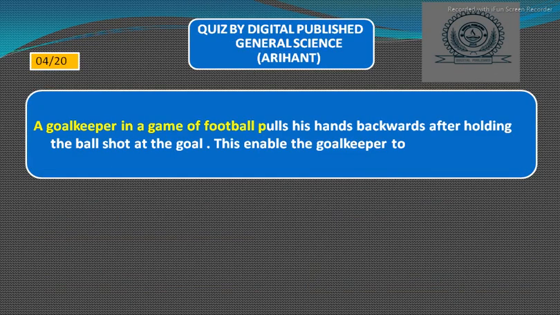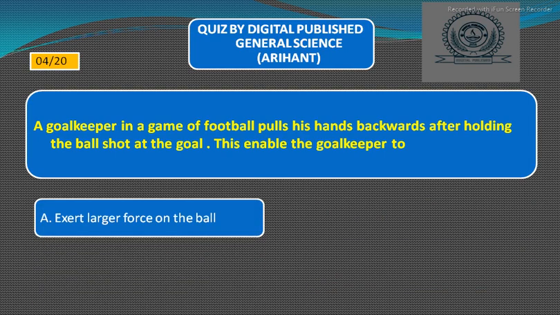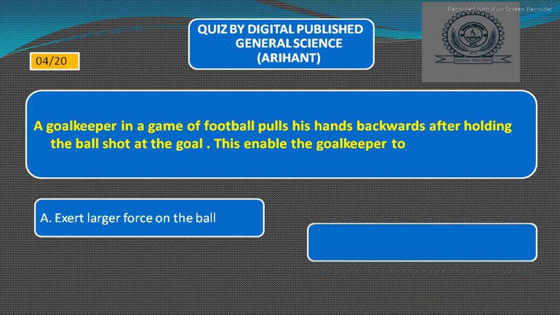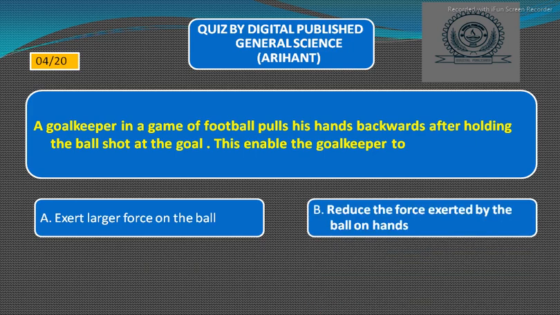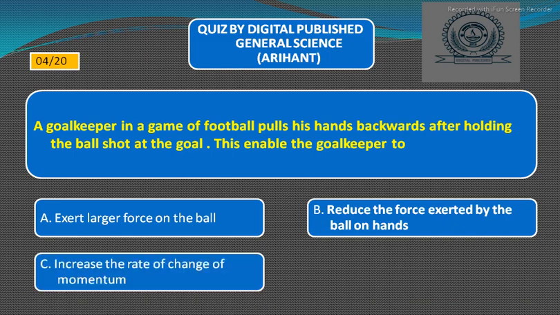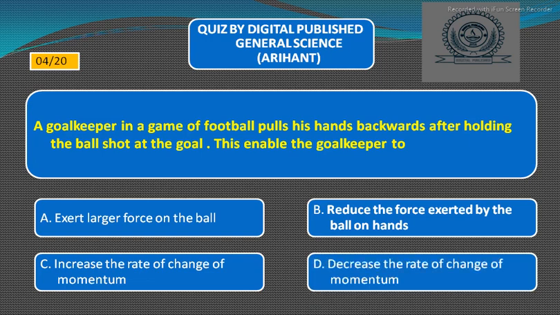A goalkeeper in a game of football pulls his hands backward after holding the ball shot at the goal. This enables the goalkeeper to: option A, exert larger force on the ball; option B, reduce the force exerted by the ball on hands; option C, increase the rate of change of momentum; option D, decrease the rate of change of momentum. তো রাইট আনসার হবে অপশন B, reduce the force exerted by the ball on hands. Next,